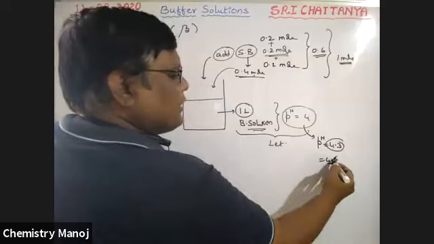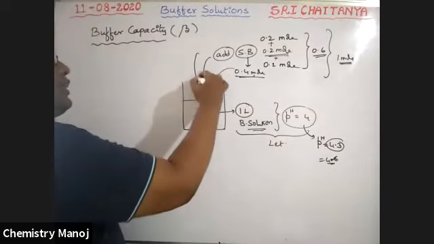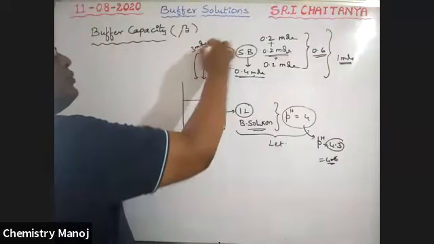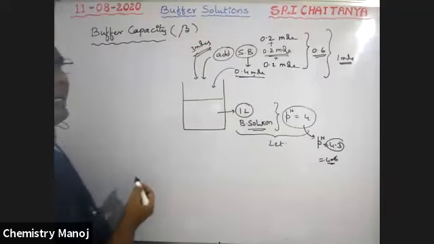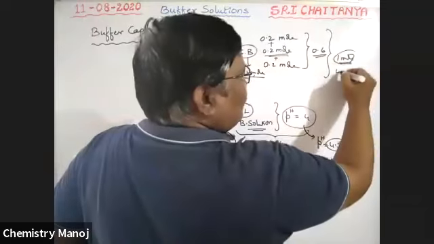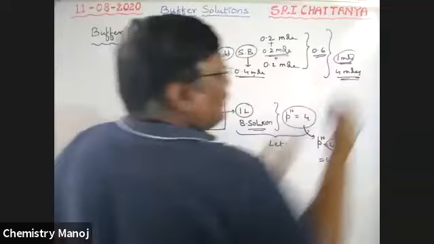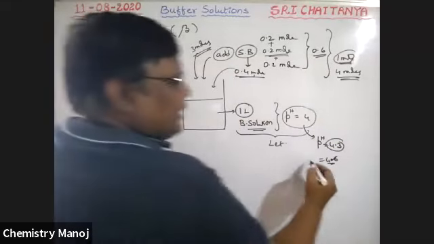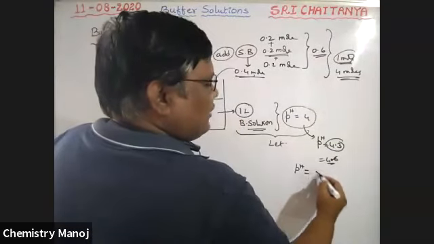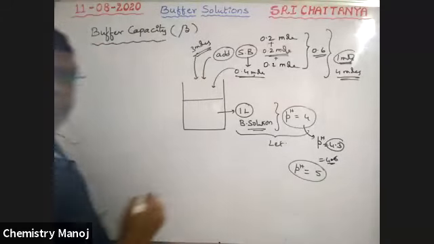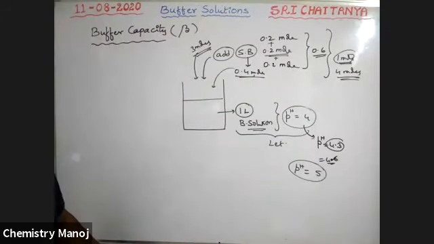That means the basic nature increases somewhat. Further 3 moles are added, so a total of 4 moles is added. After the addition of these 4 moles, the final pH value is equal to 5. Does the pH of the buffer solution increase or decrease, my dear boys, in our explanation? No doubt it increases. How much is the value increased?